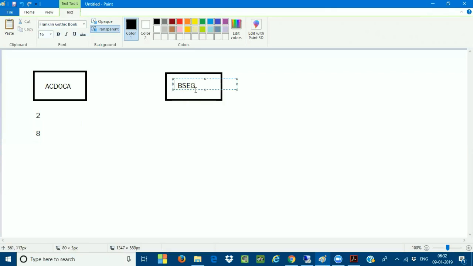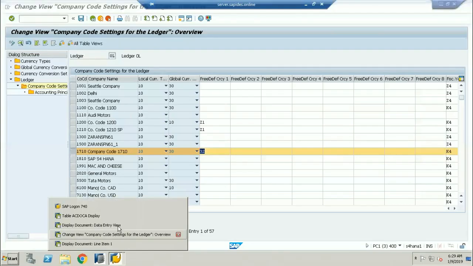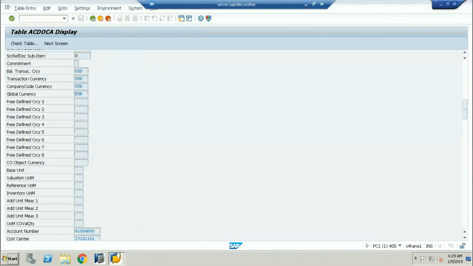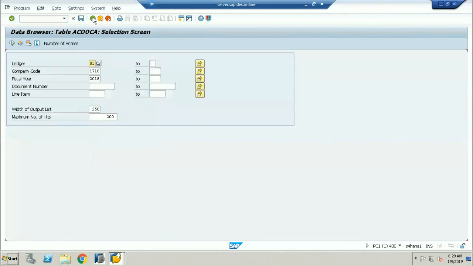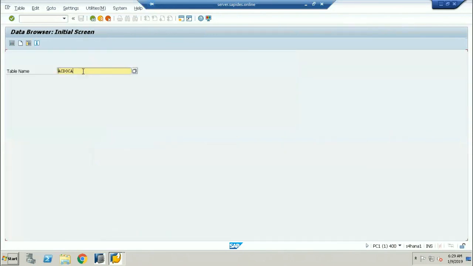Very, very important here. When I'm posting a document, and I go to the BSEC level table also, I just come out from this table and copy this document number. Then I go back and give the BSEC table, because the BSEC table is also still active in our SAP S/4HANA. If I give the BSEC table,